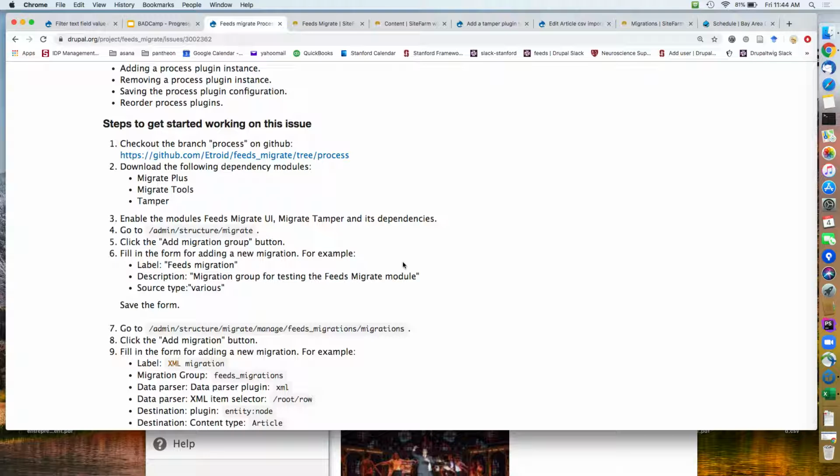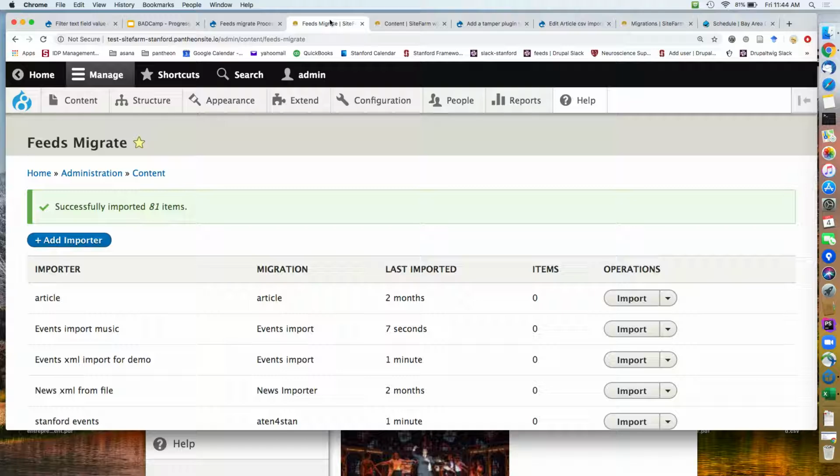How's it handling files? Does it do that right now with Migrate? So with Feeds in 7 and 8, you can say the file path is here and then it kind of chunks through, and it's really nice. Yeah, this is where,